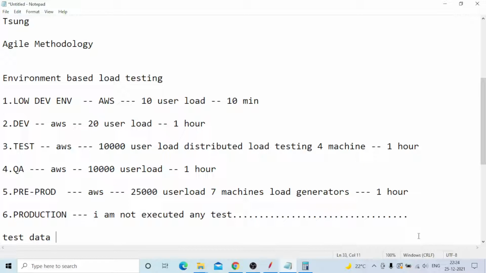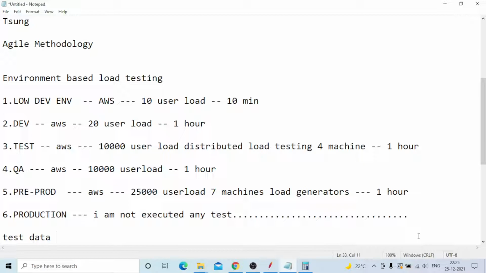You need to discuss with the client how much test data is required and how long you need to execute the test. For example, if you execute a 1 hour test, you need to calculate how much test data is required. At the same time, you need to provide pacing and think time. Based on how much test data you require, the pacing and think time will be provided. This is a very important concept. Based on the test data, you need to calculate exactly how much is required to execute successfully for 1 hour, and provide it.